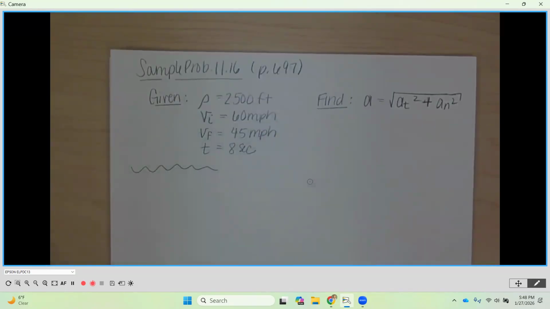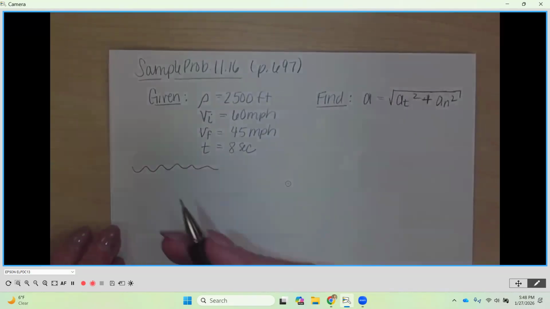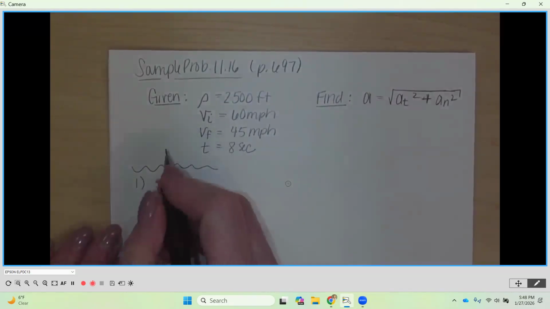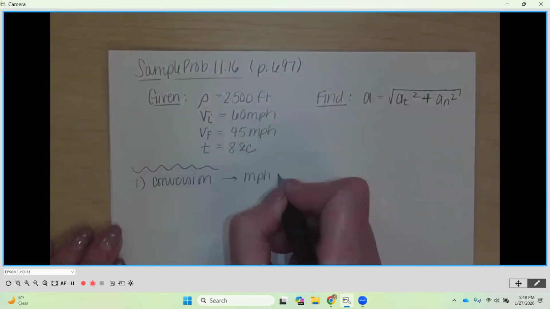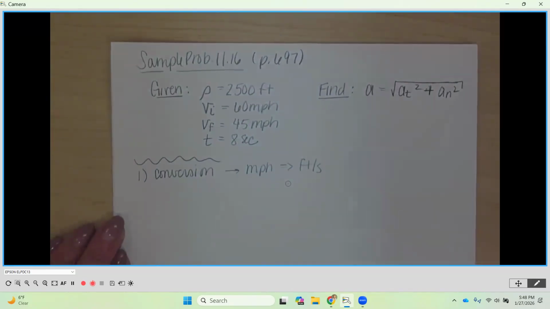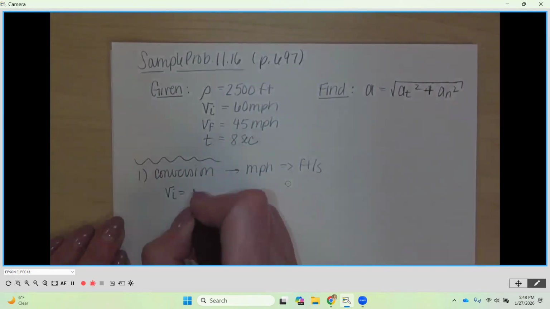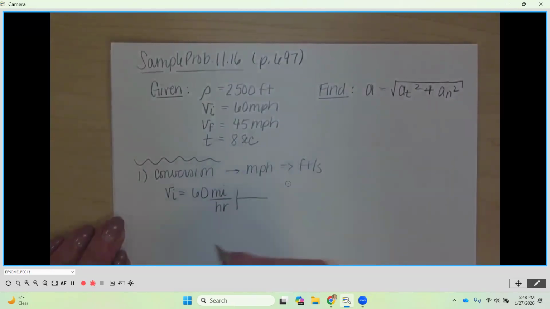Right now they're in miles per hour. So that's going to be the very first thing that we do. Look at your units and make sure that they're all consistent. If not, we're going to do some conversions. So the first thing is we want to do these conversions, and we want to make sure that we go from miles per hour to feet per second. Okay, feet per second. So for our 60 miles per hour,